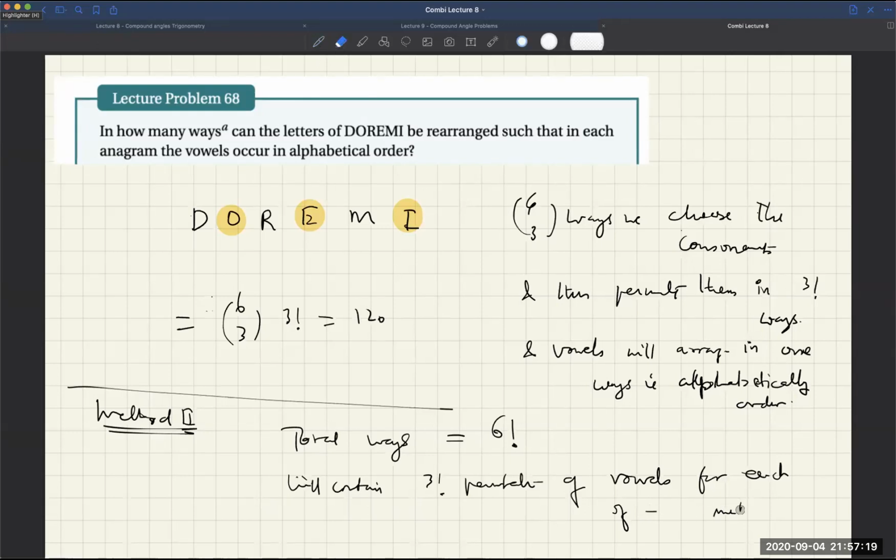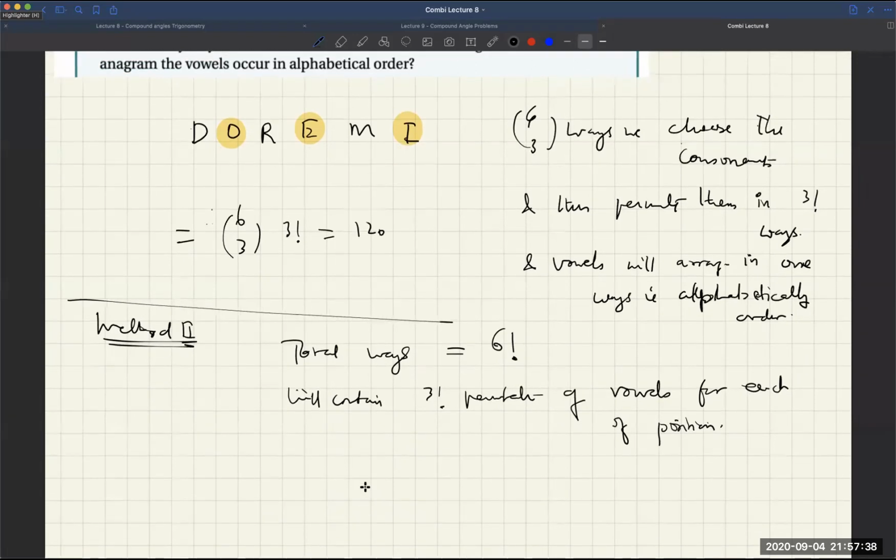For each of their positions, imagine the vowels are in a particular situation, with fixed positions of consonants, say they are lying on the first 3 and 5th position, then for each of them they have 3 factorial permutations, right? But those 3 factorial permutations should be frozen now, because we want to stop their movement. Are you getting it? We are doing freezing here. Why are we doing freezing? Because we don't want the vowels to permute in any of the situations of consonants. So 6 factorial will become what? 6 into 5 into 4. So that is 120.